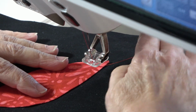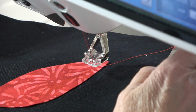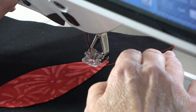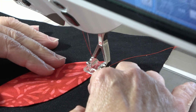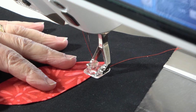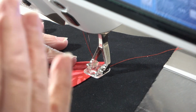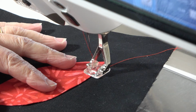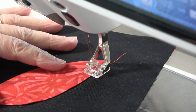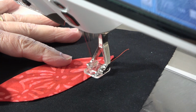Now, I've seen a lot of people that use their blind hem stitch. Your blind hem stitch has 5 straight stitches between each zigzag, and for me that's just a little bit too much distance, so I like to keep it a little bit closer together. Always run a test sample to make sure that your needle is going to hit on that right swing into your background fabric. And then we're going to take, there we go, 1, 2, 3,